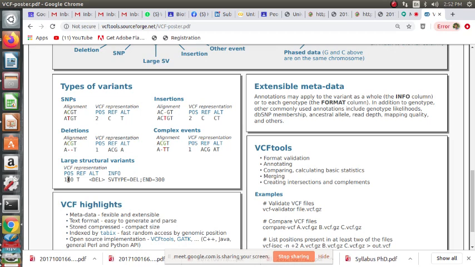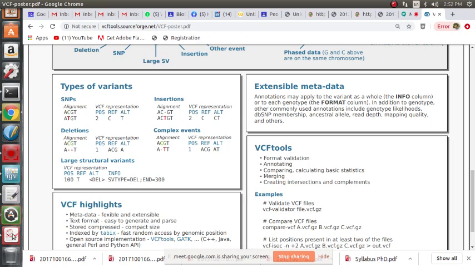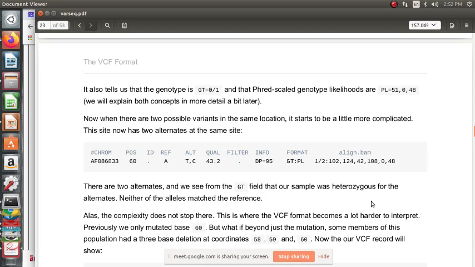So okay, let us put it this way. If the read length is going to be 200, for example, at position 100, if there's going to be a 200 base pair deletion, so the structural variant type is a deletion. There are continuously going to be deletions there, and the end is equal to 300. So we'll see specifically this kind of cases here.